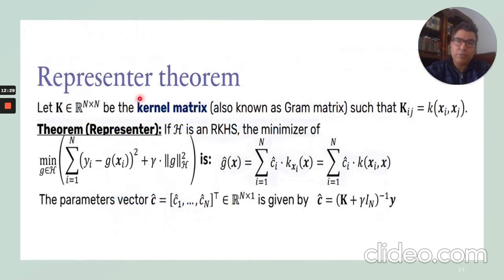So the representer theorem, this is very good to estimate this function, and the estimation of this function for this minimization problem here is just given with this combination of those representers. So it's just the sum of this coefficient Ci times the kernel. Here this Ci, we can estimate from the data, and it's just (K plus gamma I) inverse times y, and this K is just the Gram matrix, or the kernel matrix.